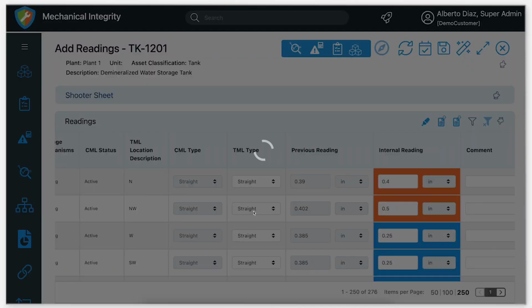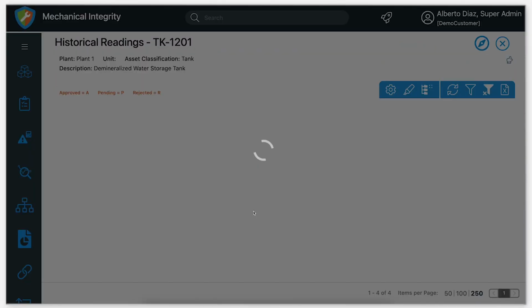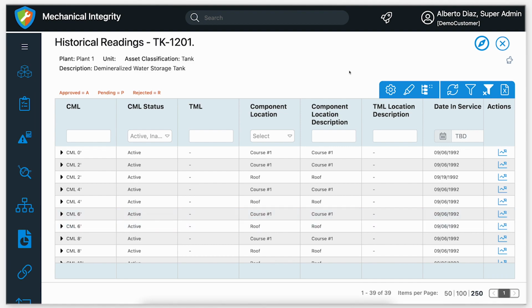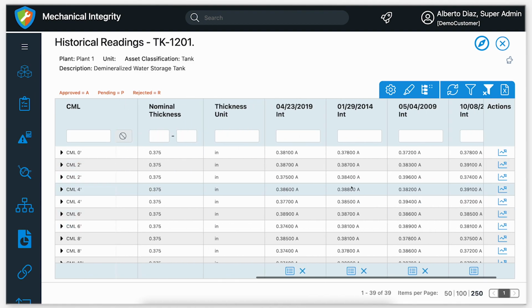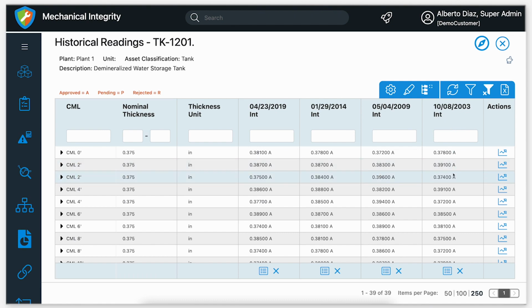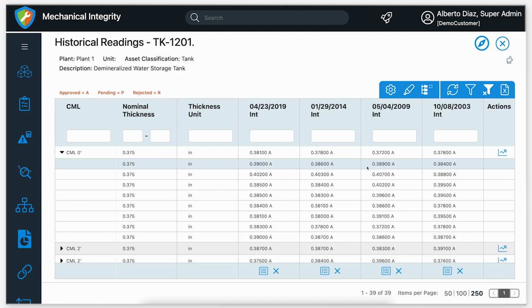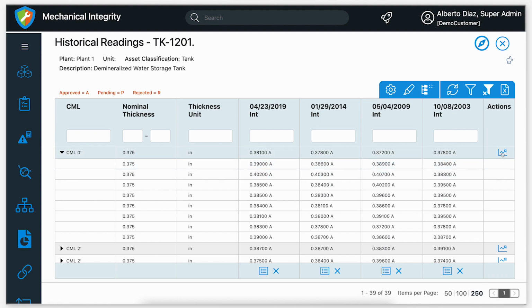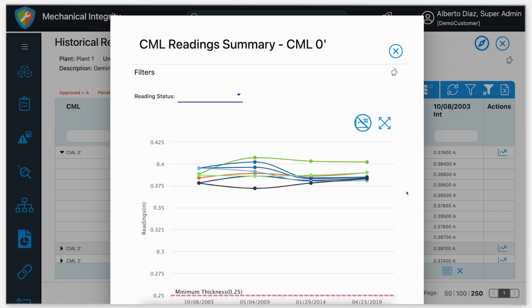The historical readings are going to portray all of the thickness readings that have been taken for the asset across time. If you recall from the previous inspections panel, this asset had 4 distinct inspection records, which are being shown from their thickness reading perspective. I can open up to see the particular TML readings, and by clicking on this action item for the graph, I can visualize how the thickness is trending across time. This is obviously an asset that's not in a very corrosive surface, and you can see the amount of material that there is left to be corroded before reaching this red dashed line, which represents the minimum thickness for this